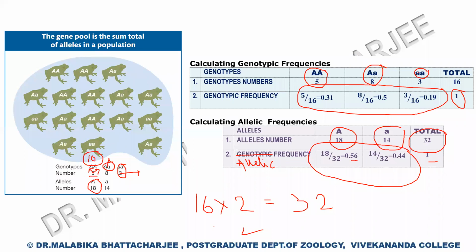But for larger populations, if we follow the method of allelic count, that is not possible. That is not at all possible. Then how do we convert this? I showed you how the allelic frequency calculation was done for the homozygotes. How did we get this allelic frequency? If you remember, 5 into 2.